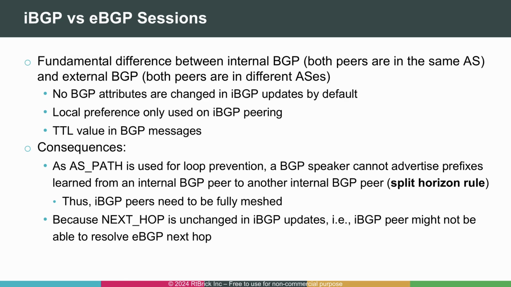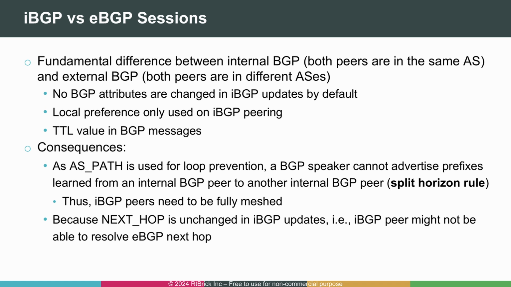From an operational standpoint, though, there are key differences between IBGP and EBGP. The most important is that BGP path attributes are not modified when routes are advertised to internal peers. This has a major impact. As we've learned, the AS path attribute is used for loop prevention in BGP. If the AS path isn't updated, which makes sense for route updates within an AS, then there's no built-in mechanism for loop detection. As a result, a BGP speaker is not allowed to advertise prefixes learned from one internal neighbor to another. This is known as the BGP split horizon rule, and it requires that all internal BGP peers be